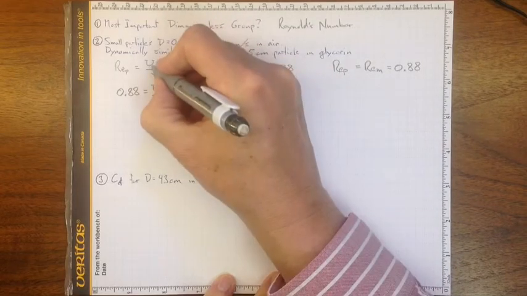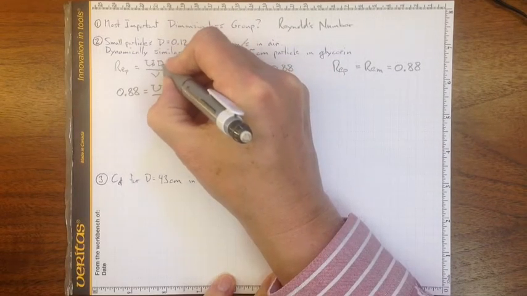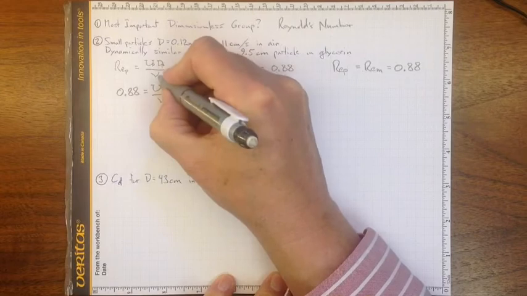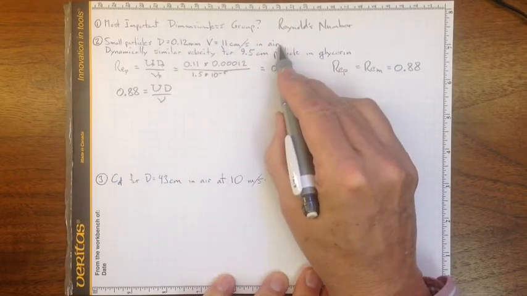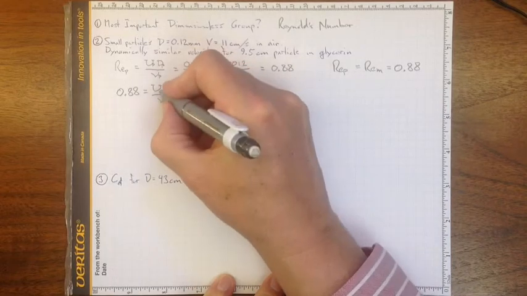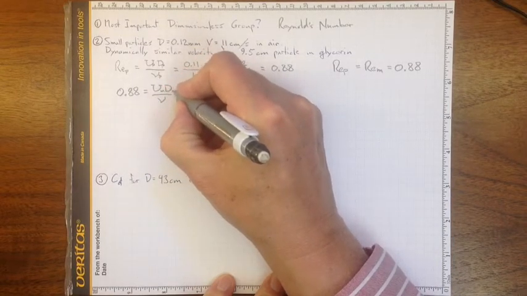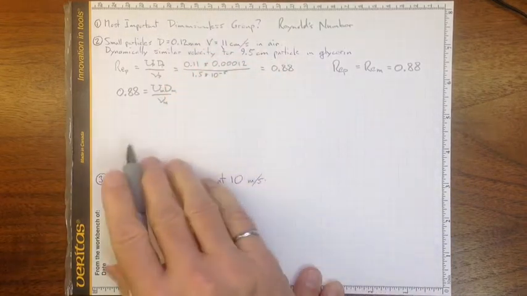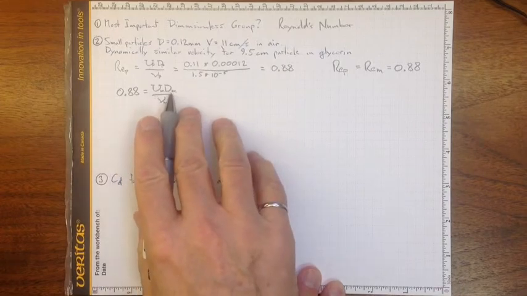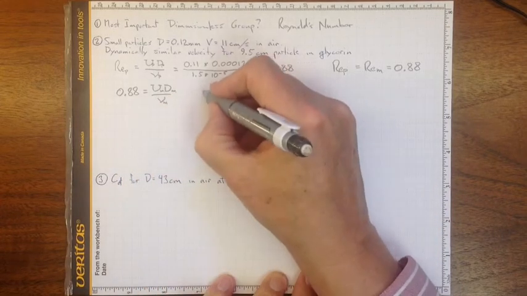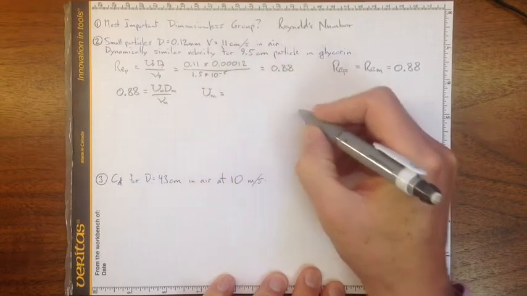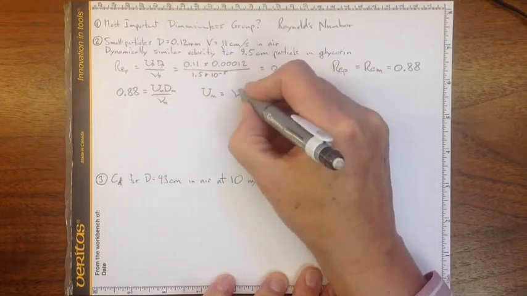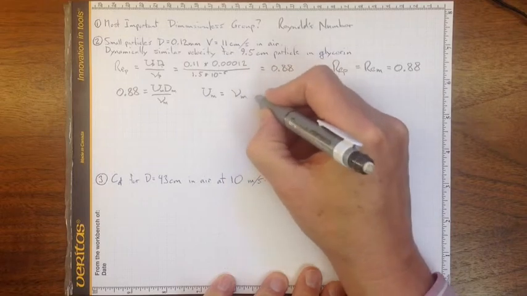And where this was all for the prototype, the diameter of the prototype, the velocity of the prototype, the kinematic viscosity of the fluid in the prototype situation, the air, this will all be for our model. We don't know what the velocity is, but we do know these other things, so that the model velocity will be equal to the kinematic viscosity for the model